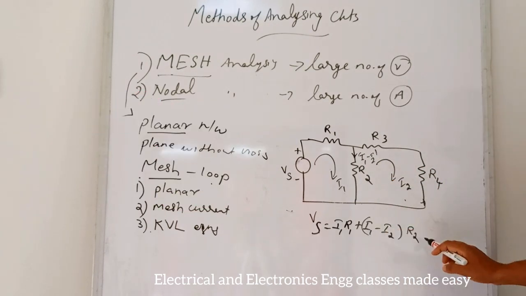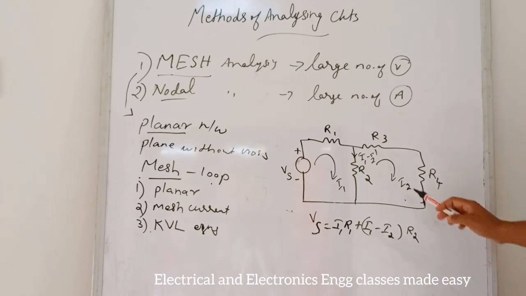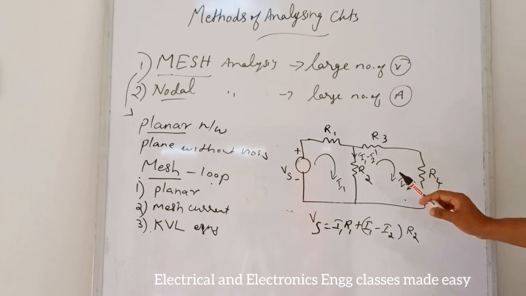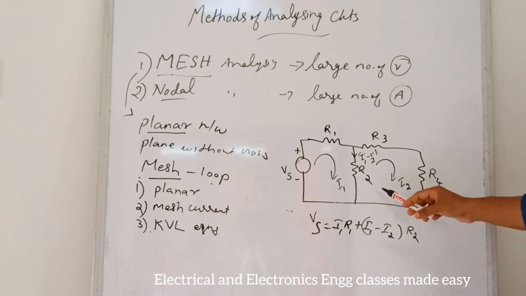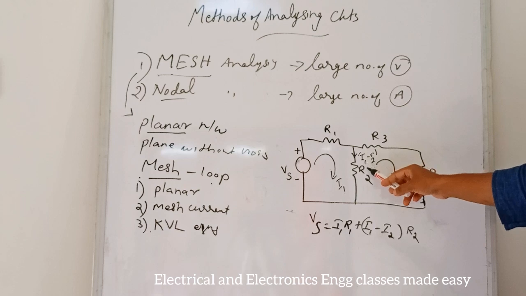So this is the first equation. And for the second loop, after writing the KVL equation, we get R3 into I2 plus R4 into I2 plus,